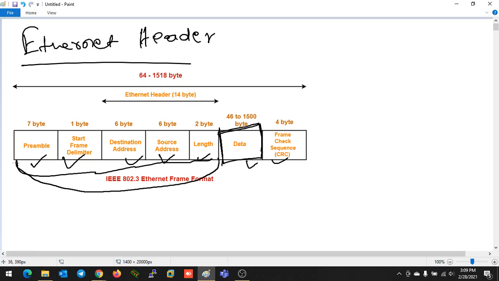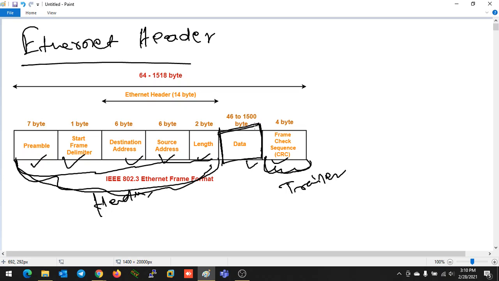From this to this one, this is the Ethernet header, and after that this one is the trailer, you can understand. Okay, so if you are talking about the original Ethernet header, only the header, then the header will be this much, from preamble to length. After that the data will be encapsulated. After that one trailer will be there. Last class we discussed some checksum; that kind of information will be attached in the trailer.